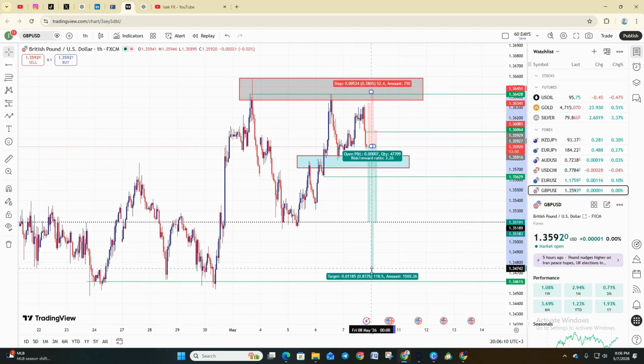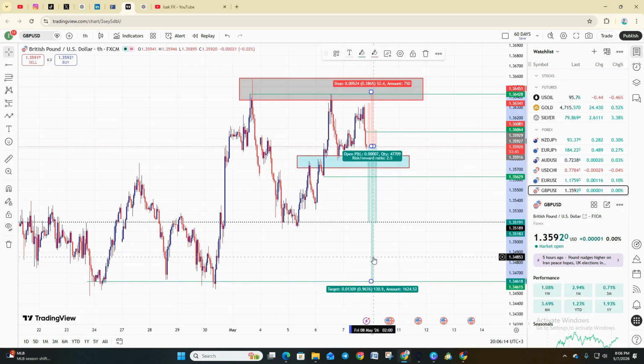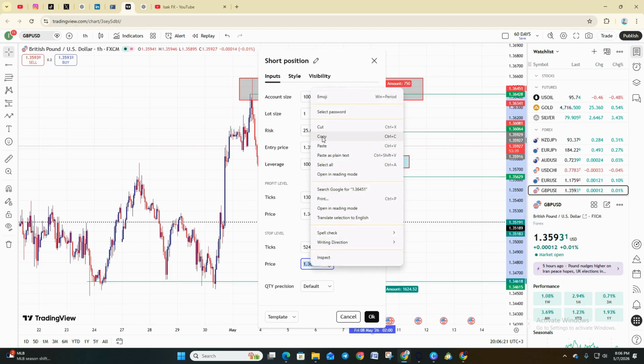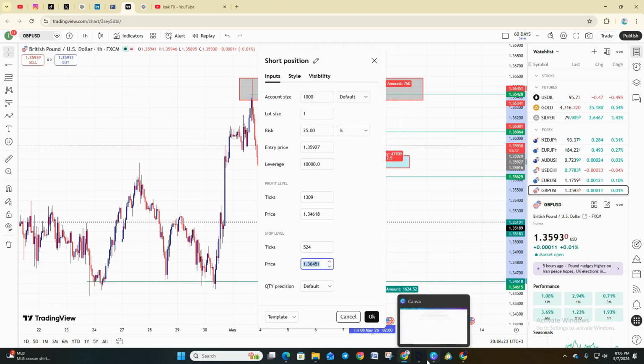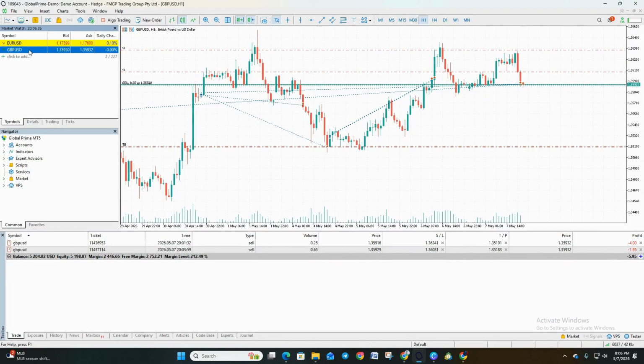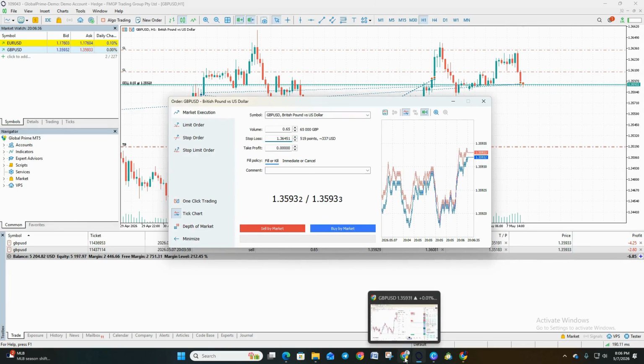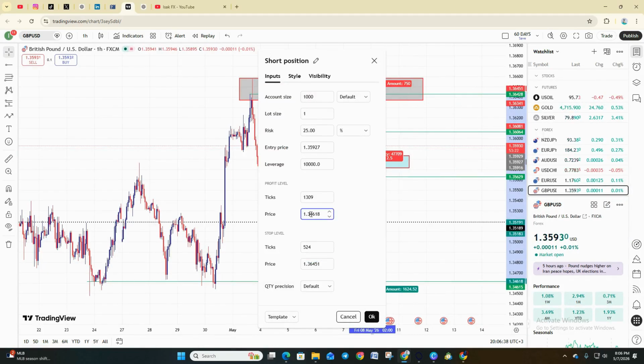I will bring this trade all the way down here. So let's just copy my entries. So my stop level at this level, so we will add another order, new order. We'll put our stop level and take profits